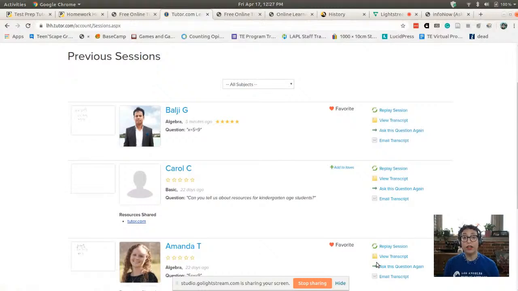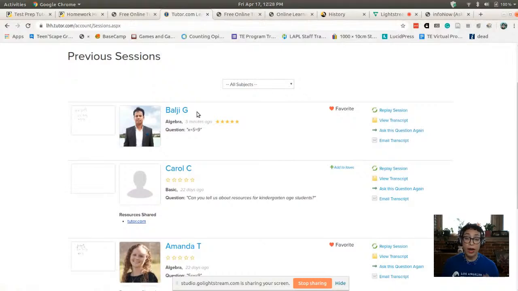One of those is that the library's access is 11 a.m. to 11 p.m. every day. Another of those is meeting or tutoring time with your favorite tutors. That is not an option that is available on our subscription. And the third thing that is not available on the library subscription of Tutor.com is that you cannot access Tutor.com